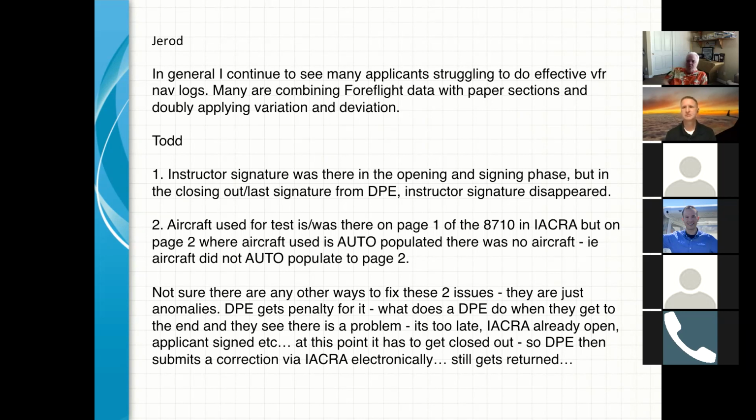And just to cover what I covered a few months back, when I did use ForeFlight, I just asked them to tell me how those numbers were generated. They didn't physically have to do the math. I just would like for them to know how, going from true course to wind correction to true heading, and then variation started where they got to see the mag heading, and then go on from there. So that's all I ever asked was, how did it come up with that number? I didn't need to know the exact numbers.